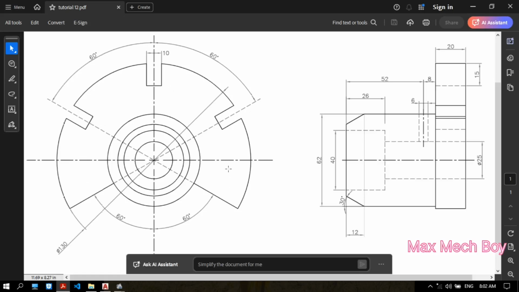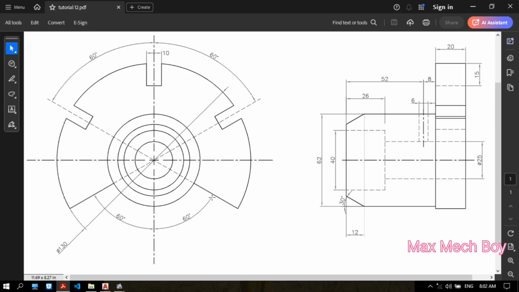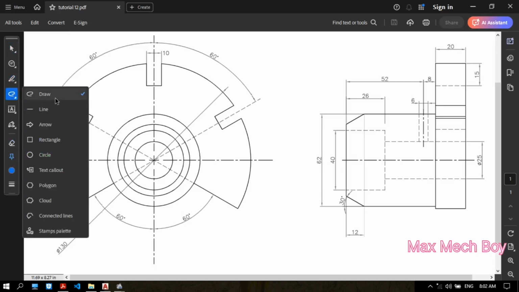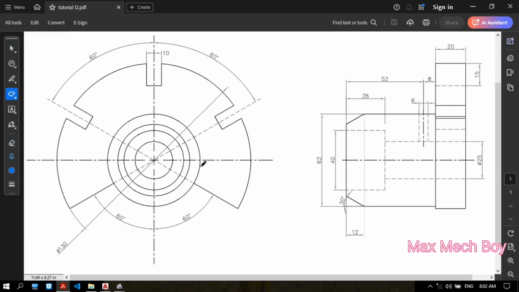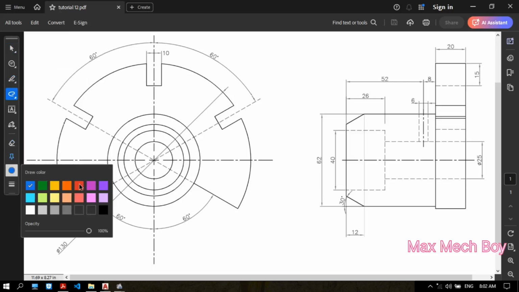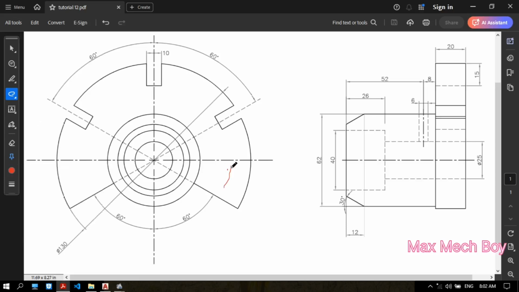So to get this 60 degree here, this should be minus 20 here. That should be, sorry, I will choose it here. This line should be minus 30. Okay, 30. So to get this line, okay,